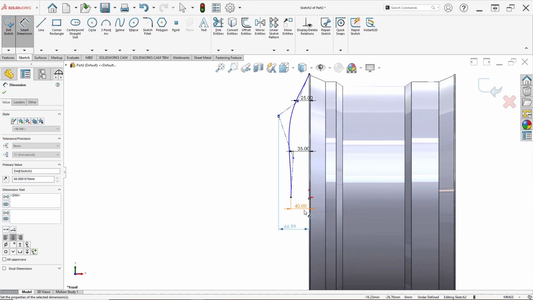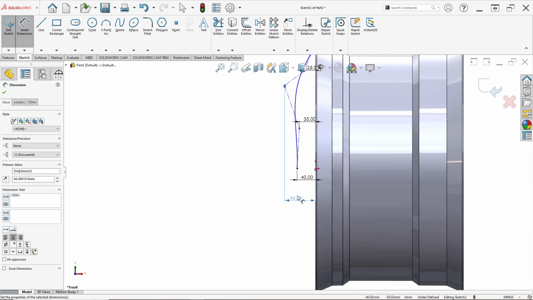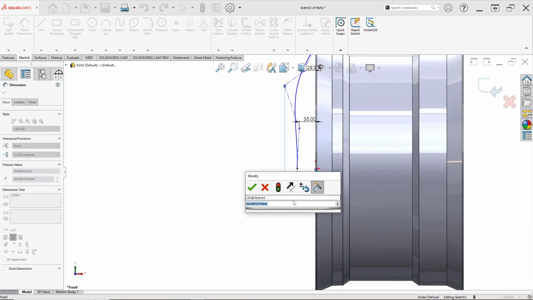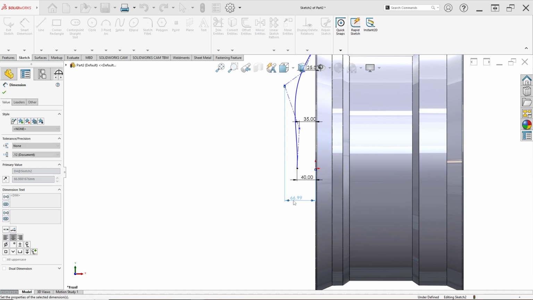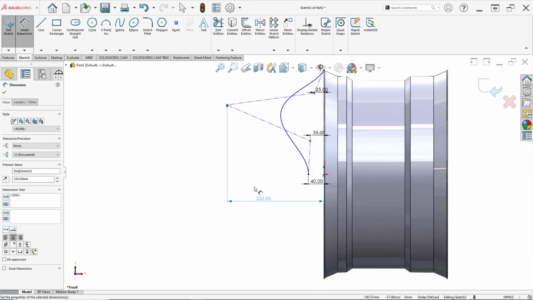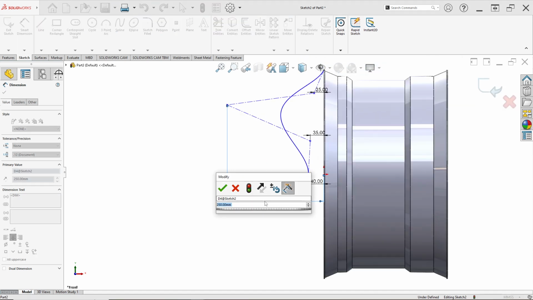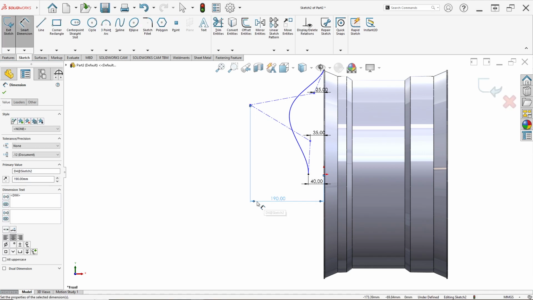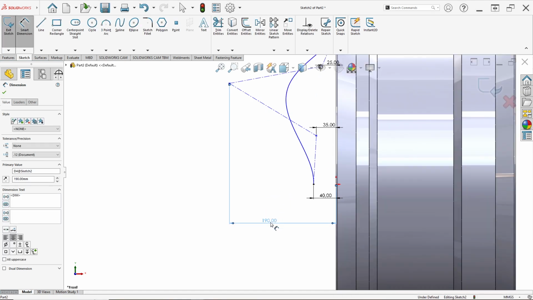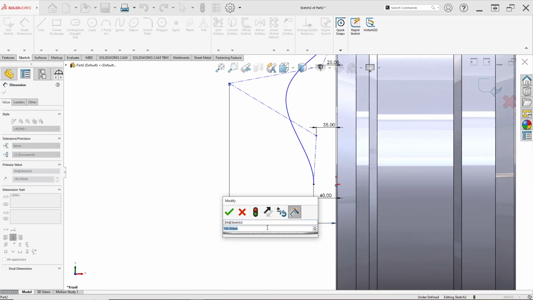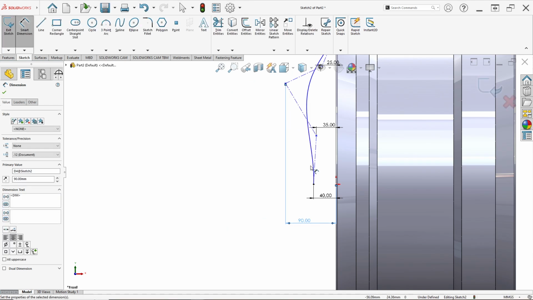This point and this point, I set 250 millimeter. Sorry, it's too big. Maybe it's 190. It's still big. I set 90 millimeter for distance.